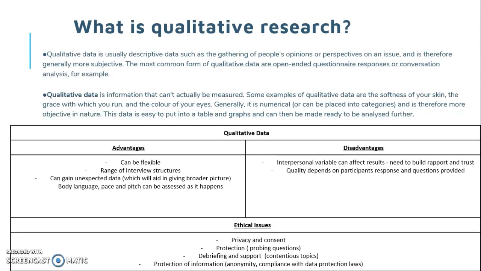Disadvantages, however. Interpersonal variables can affect results. You need to build rapport and trust between you and the participants in order to get what you need. Also, the quality can depend on the participants' responses and the questions provided, meaning if you're not skilled in what you're looking for, then likely you will not find what you're looking for. It does bring up some ethical issues as well, one of them being privacy and consent. Privacy cannot be guaranteed to the participants in these events because most likely what you'll be performing will be face-to-face. You cannot protect their information since you'll likely be probing for more of it. And also,